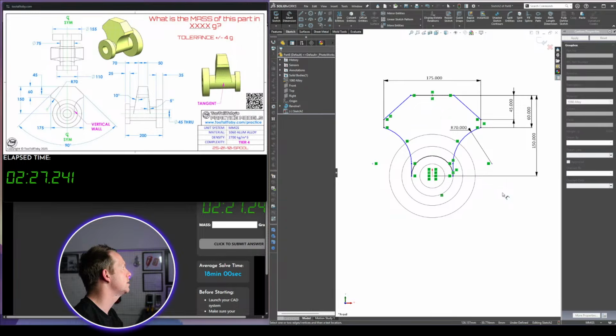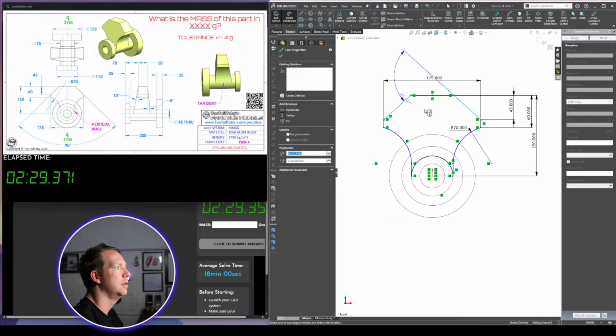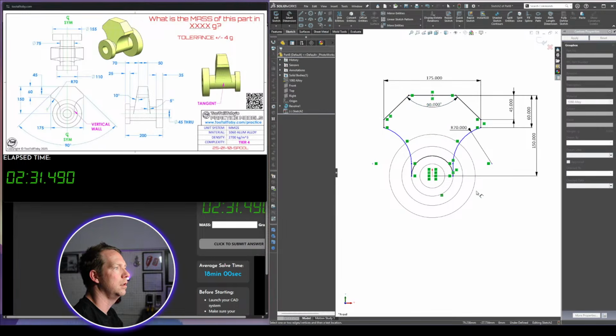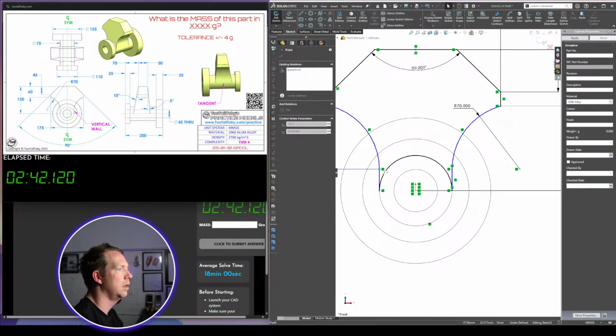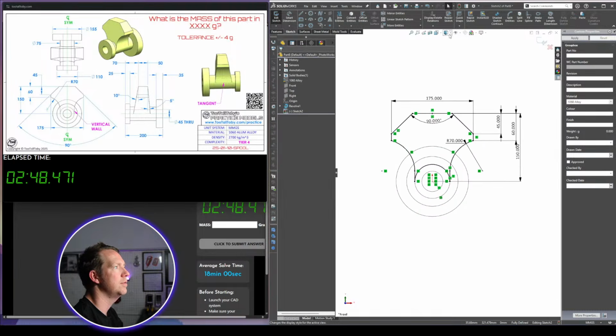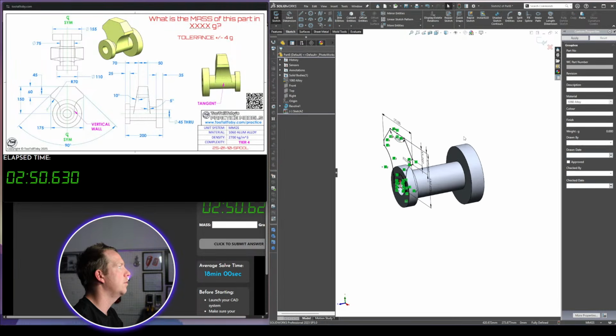What about that angle, 90? And the vertical wall bit, what's not fully defined here? Where it starts. Okay, it's going to be horizontal there. Okay, that's fully defined. Now we want to extrude it,